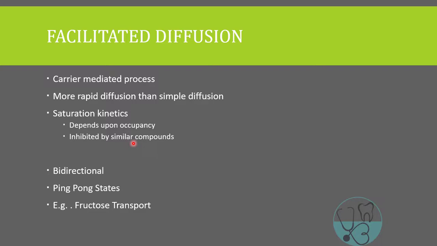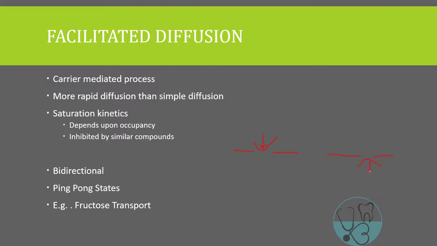so facilitated diffusion can occur bidirectionally, which means it can occur in both directions, okay? And these carrier molecules occur in two states, either ping state or pong state. In pong state, the active sites are exposed to the exterior, and a higher concentration of the solute in the exterior will result in binding of solute at the active sites. And this binding will cause a conformational change in the molecule, which brings the solute inside, and the carrier protein comes in